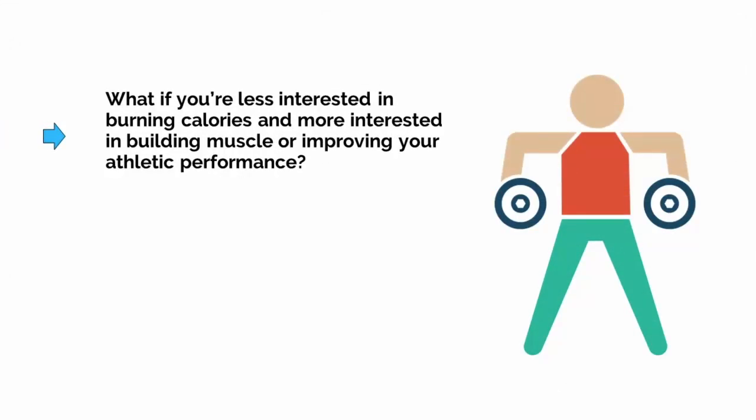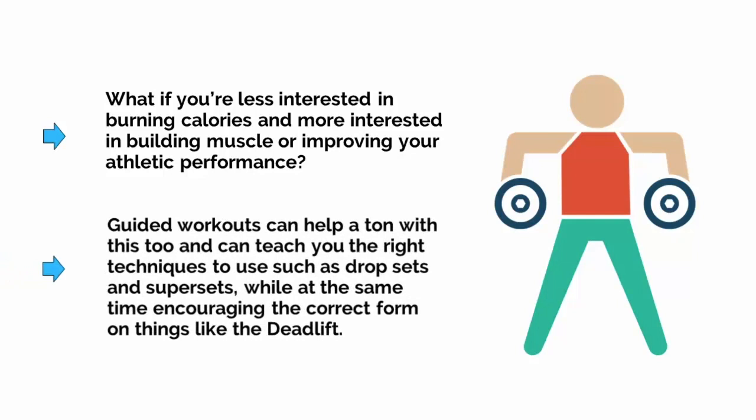You can even find programs over the course of several weeks, almost like having a personal trainer right there with you. But what if you're less interested in burning calories and more interested in building muscle or improving your athletic performance? Guided workouts can help a ton with this too, and can teach you the right techniques to use, such as drop lifts and supersets, while at the same time encouraging the correct form on things like the deadlift. As mentioned, there's also the Atlas Fitness Tracker that promises to be able to monitor your actual technique and reps and sets,